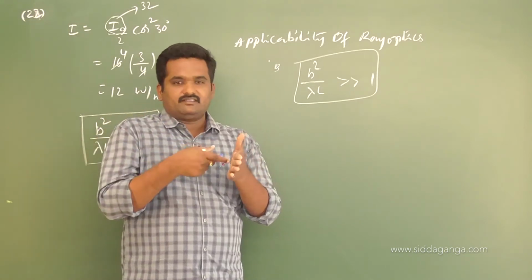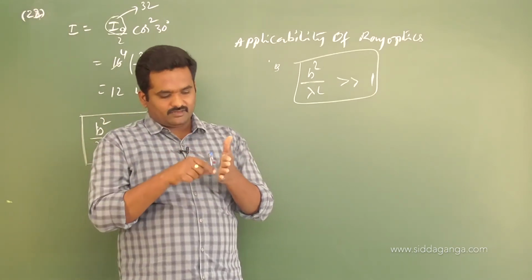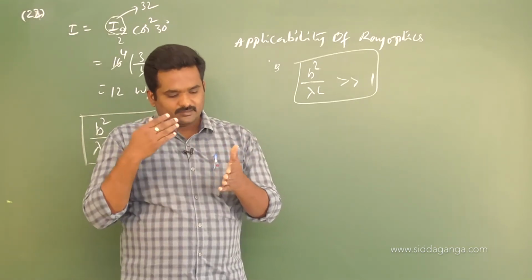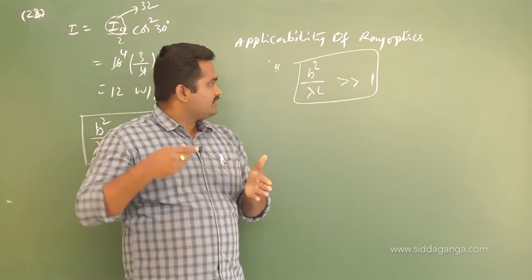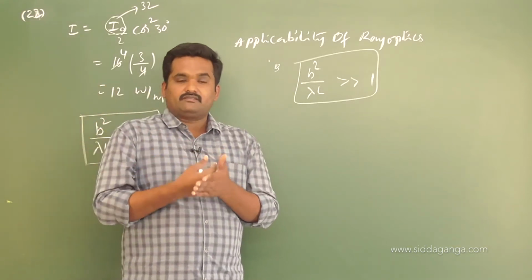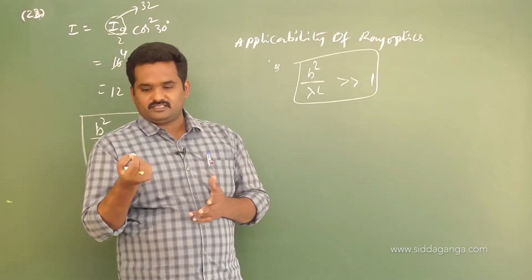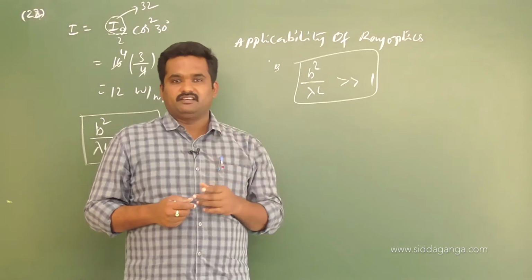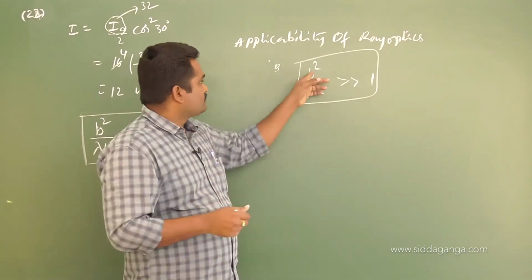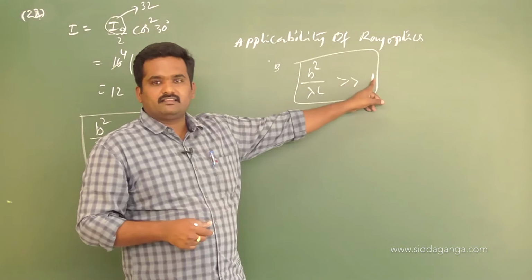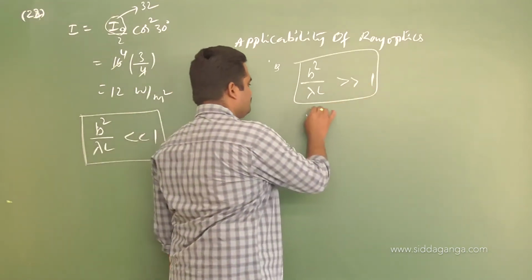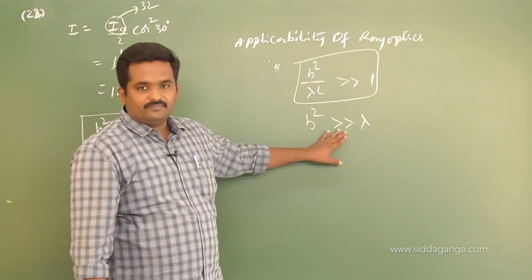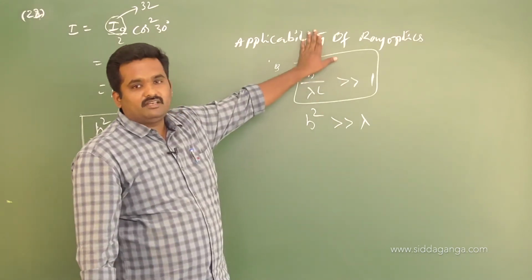In ray optics we will say light is going to be incident on some mirror. Size of the obstacle is what? The mirror we are going to consider. If I take a refracting surface, it is some transparent medium we are going to consider. The wavelength of light in terms of angstroms is very small, right? So the size of the obstacle B, in the case of a mirror, will be bigger objects. So the size of the obstacle should be much greater than the wavelength of light used. This equation will tend to B square much greater than lambda, the wavelength of light used. Then we will say ray optics is going to be applicable in that condition.